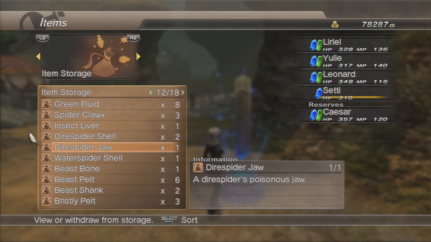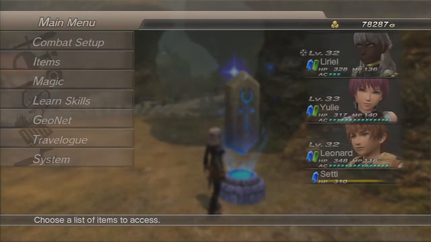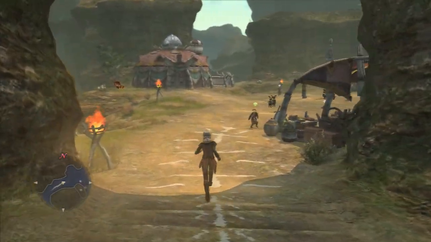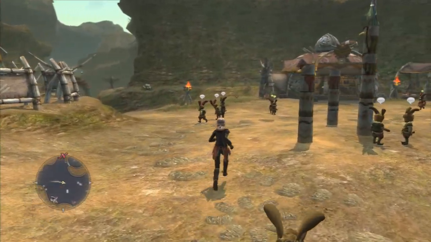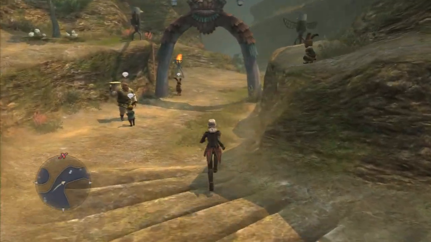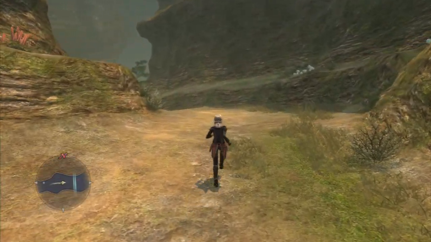And finally, we need 5 Greaver Spines, which I only have 1 of. Now, I've actually never been fortunate enough to end up with all 5 of them by this point, but if you maybe got all 5, or maybe you only need 1 of them, the best place for you to grind, well, obviously I'd recommend saving there, kind of like when we were going for the Treant branches outside Parma earlier in the LP. Save there, head out the east gate here,